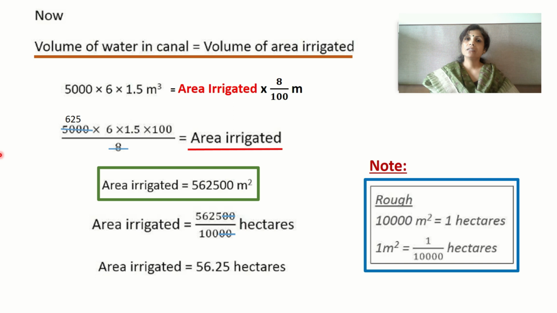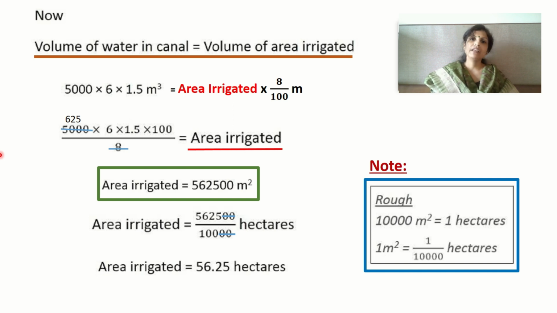Yeah. But the farm, we never say that the farm is in meter square. We always measure the farm in hectares. So to the right side of the slide you check out 10,000 meter square is equal to 1 hectare. So 1 meter square is equal to 1 upon 10,000 hectares. So let's convert the area of the farm into hectares.